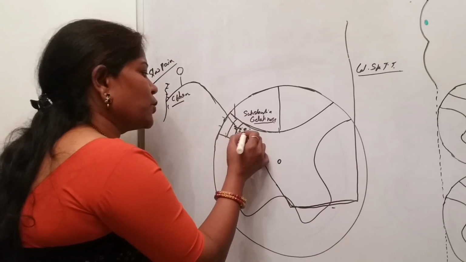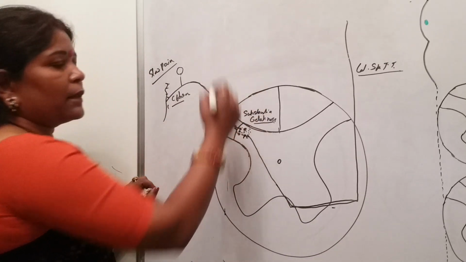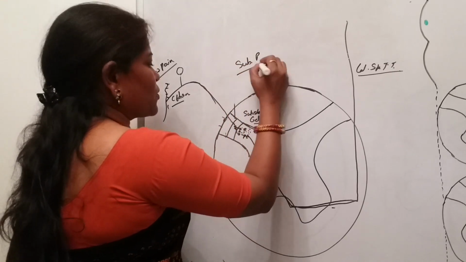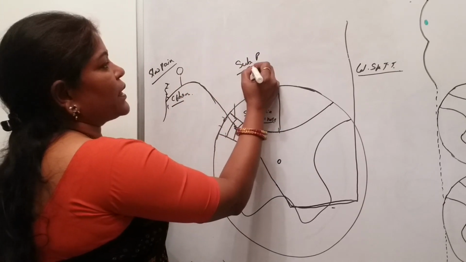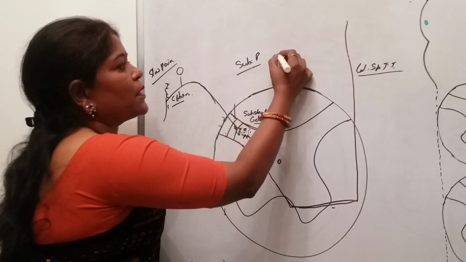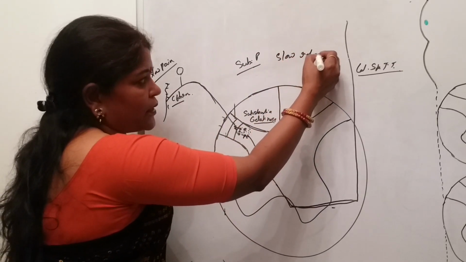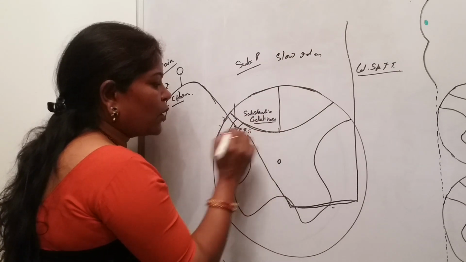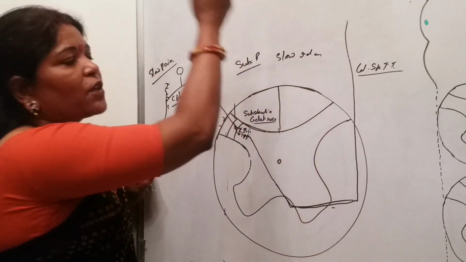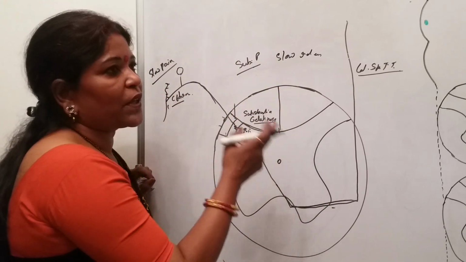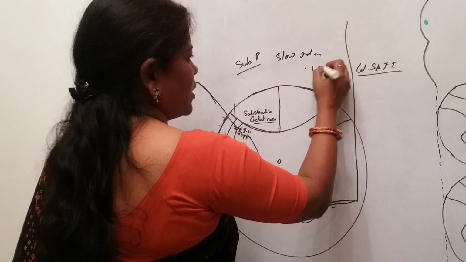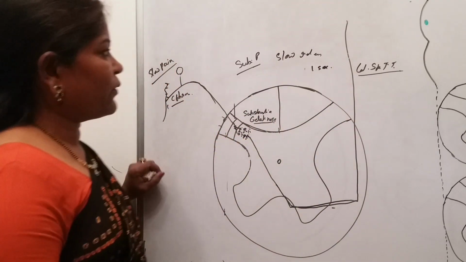But what does it do here? It liberates, not the neurotransmitter glutamate, it releases substance P. The slow pain fibers release substance P, and the nature of substance P is that it is slow releasing. It is not fast releasing, rather it is a slow releasing factor, and it is diffusely spread here in the multiple neurons. That's why it takes more time to reach the cerebral cortex for the precise appreciation of this type of pain sensation, and it takes more than 1 second.